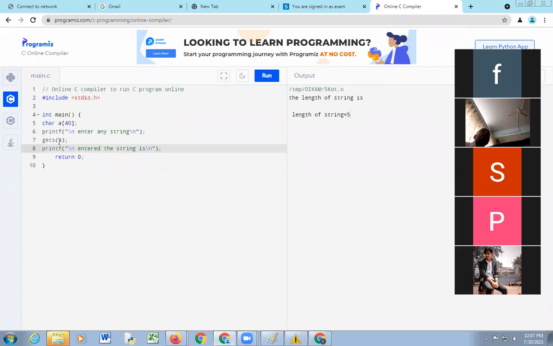Here we are going to use another function, puts.